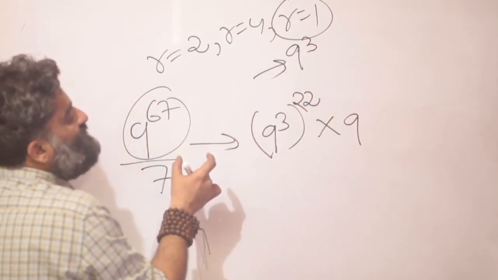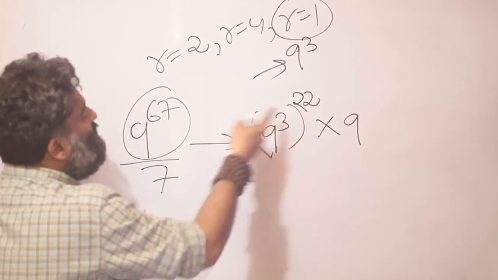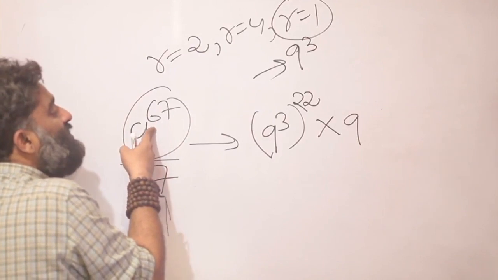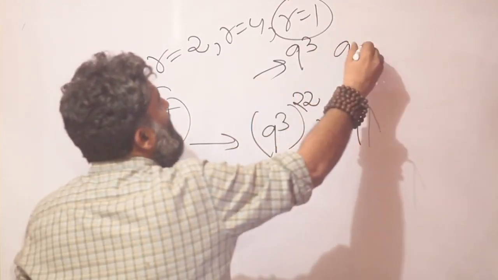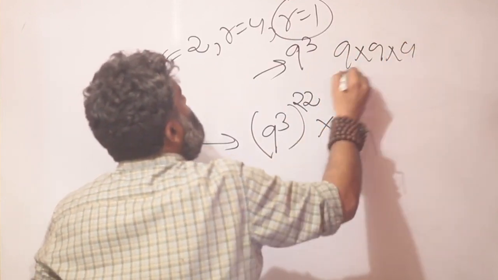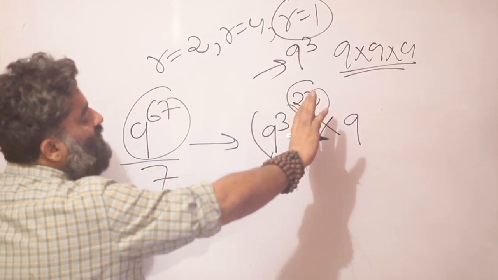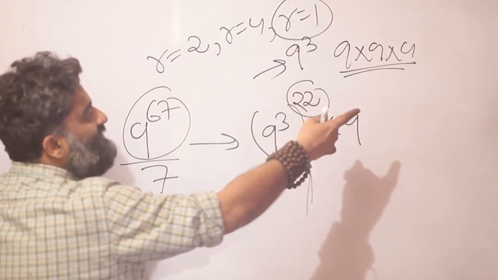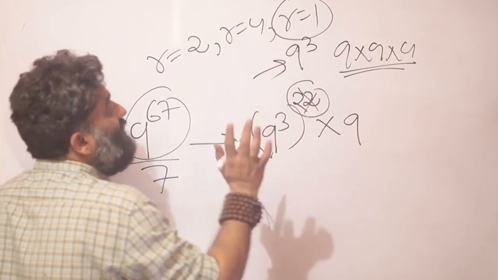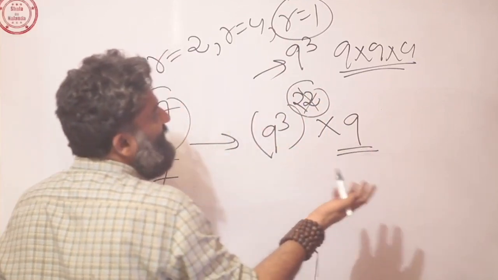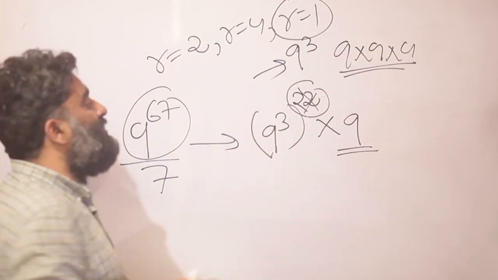So using laws of indices, this will open up, this will become 3 into 22, which will be 66. But you want 67. That means you wanted to form a 9 into 9 into 9, a triplet. You will form these many triplets. As of now, we are not too interested in this. As we proceed further, we'll need it. But as of now, this number doesn't matter. What does matter is how many 9s are left out, right? Because that will finally determine the remainder.